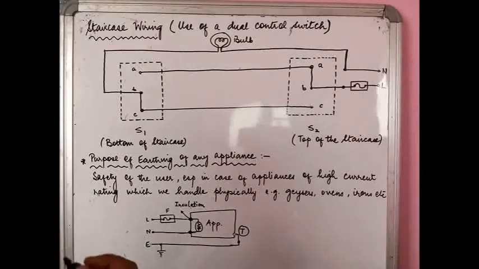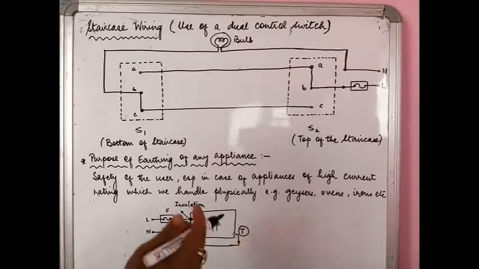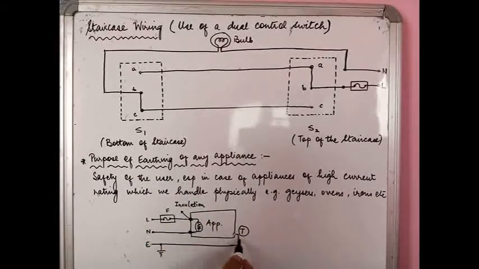In this way, if because of wear and tear the live wire gets in connection with the metal body, then the current flowing through the metal body, instead of giving you a shock, will go through the earth terminal and through the terminal at the back, and it is going to get earthed. So you are not going to get a shock. This is the purpose of the earthing for individual appliances.